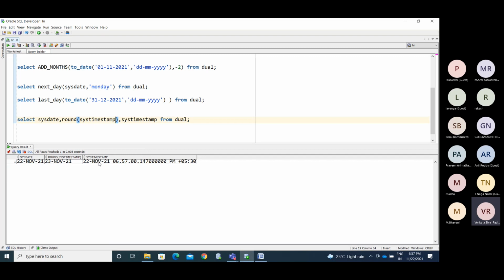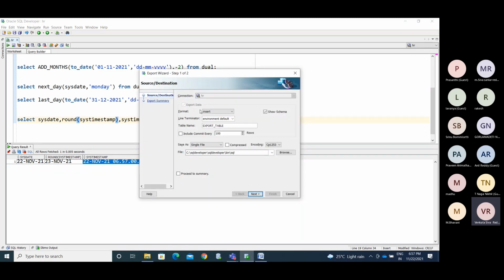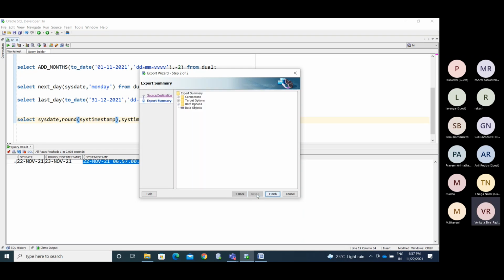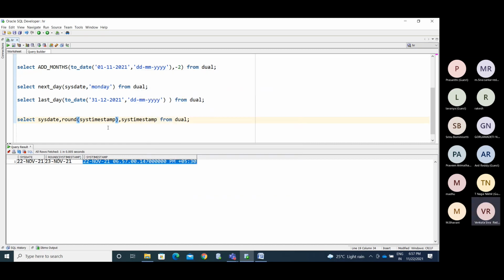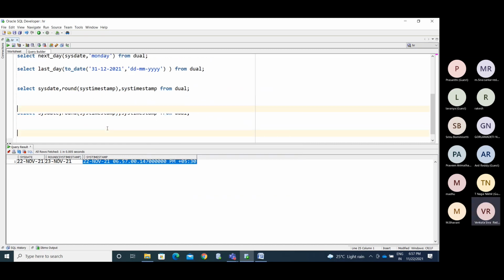Now I am taking this as another export. If you don't have the patience to write that, to write to_date and all those things, simply take the insert statement. It can frame the